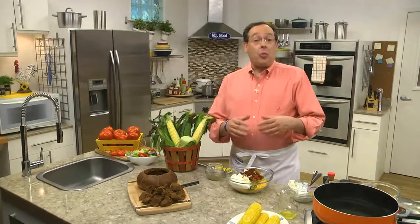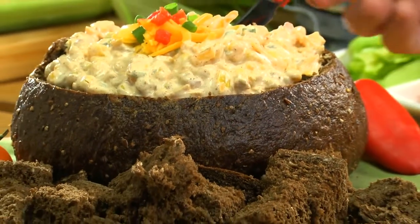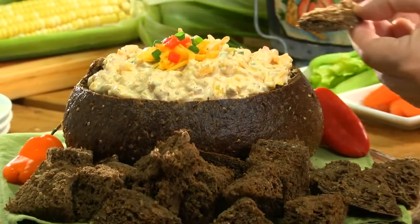Then we serve it out of a rye or pumpernickel bread that we hollowed out to make it look party perfect. And whether you dip fresh veggies or chunks of bread in it, you're gonna go bonkers over how good